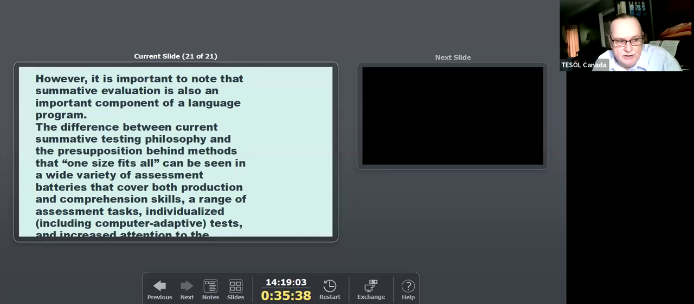Just coming back to assessment, our final slide tells us that it is important to note that summative evaluation is also an important component of a language program. The difference between current summative testing philosophy and the presupposition behind methods that one size fits all can be seen in a wide variety of assessment batteries that cover both production and comprehension skills. A range of assessment tasks, individualized, including computer adaptive tests, and increased attention